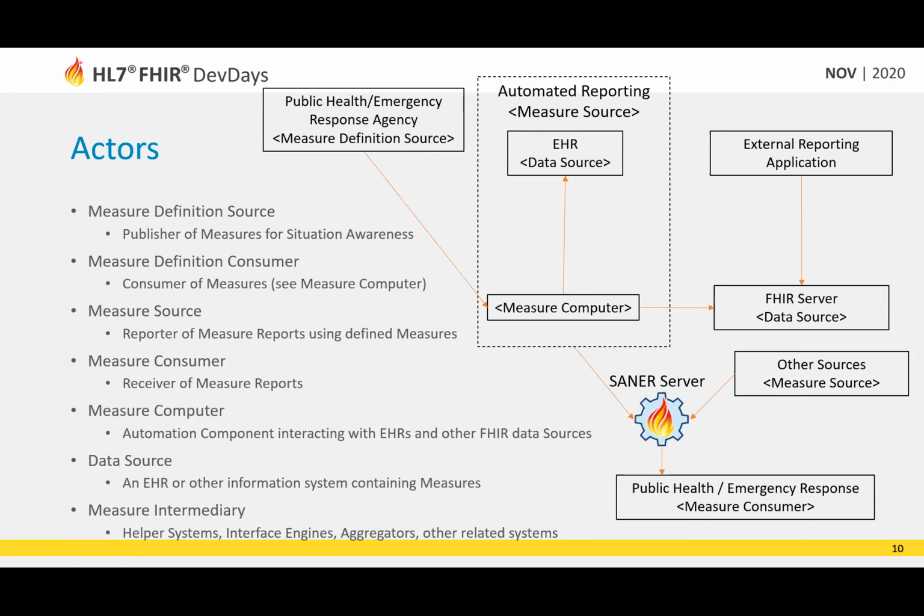So in the US, that would be the US Core. In Canada, that might be the Canadian core. And in India, there's some work that's being done to develop national standards in India. And throughout various countries in Europe, just about everybody's defining their own set of national level FHIR specifications. So as long as you know what the specification is, you can write the measure against that national specification, build queries that can be automatically